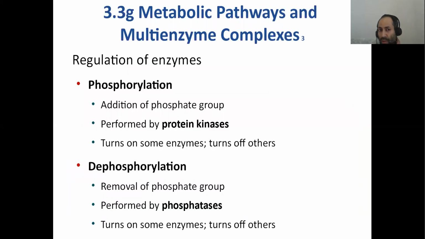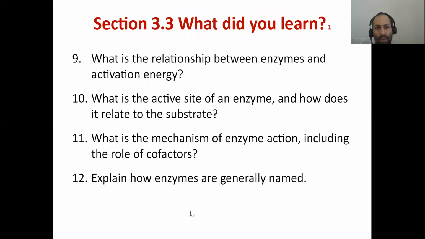So enzymes do 2 things primarily. They either phosphorylate or they dephosphorylate, meaning in phosphorylation, they add phosphate groups to the reaction and thereby turn on some enzymes and turn off others, depending on what enzymes you're talking about, okay? In dephosphorylation, the exact opposite happens. So these enzymes take away a phosphate, and therefore look at that, phosphatases, "ase" again. So that's an enzyme that breaks off a phosphate. So these are the 2 primary modes of action for enzymes, phosphorylation and dephosphorylation.